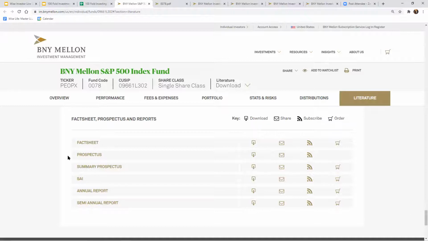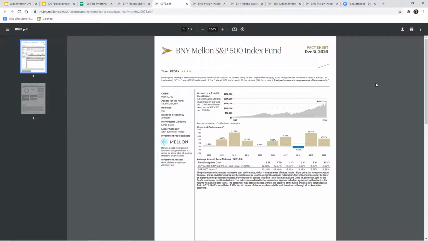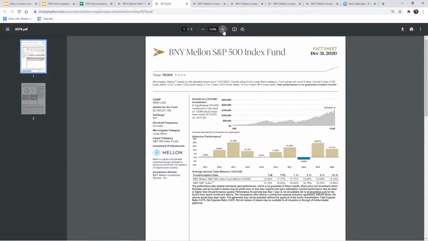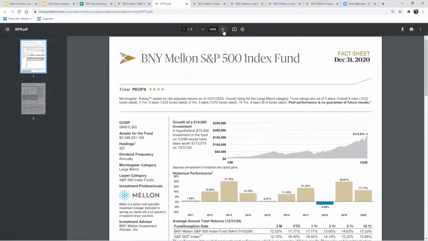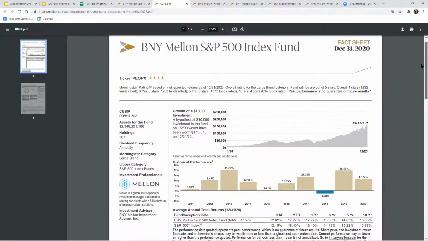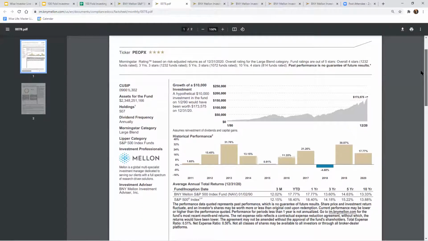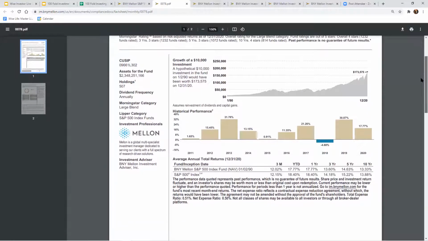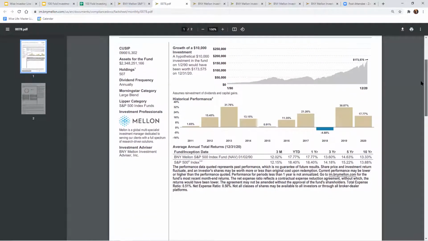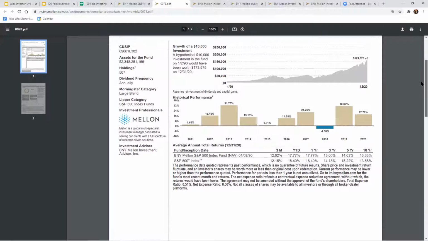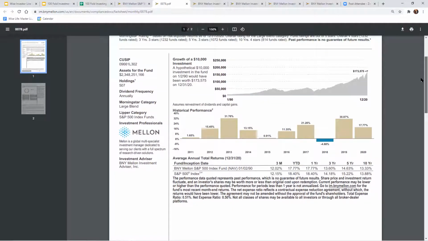So let's hop into the fact sheet. The fact sheet is probably one of the simplest ones to analyze, because functionally it's just a general summary of what we have already looked at. Okay, so this particular one was produced on December 31st. So you qualify the information on there based on its accuracy and up-to-dateness. But it's basically a summary statement. The website is going to have the actual up-to-date information, up to that moment.